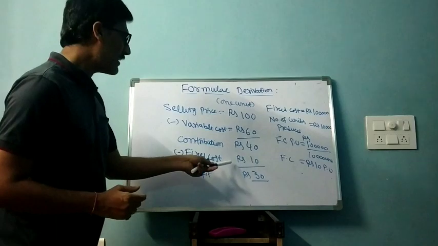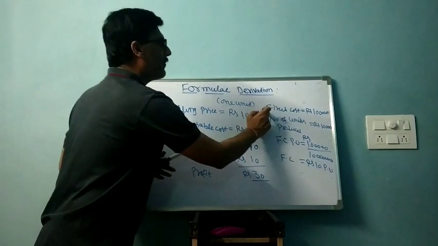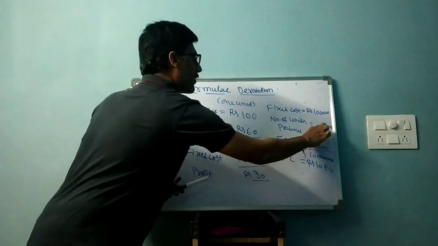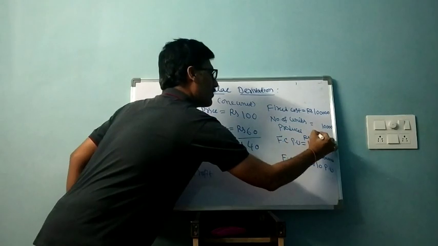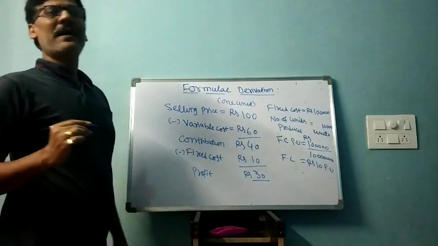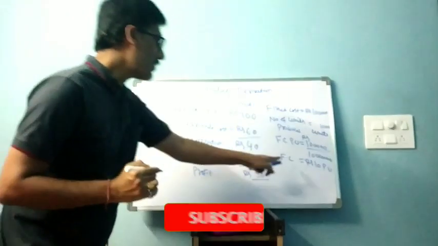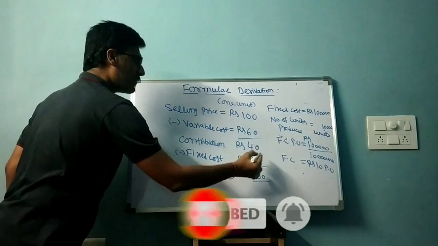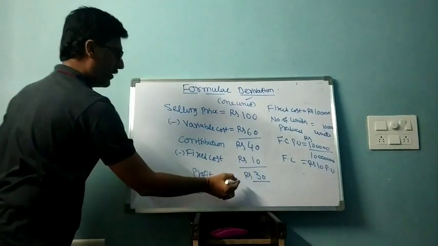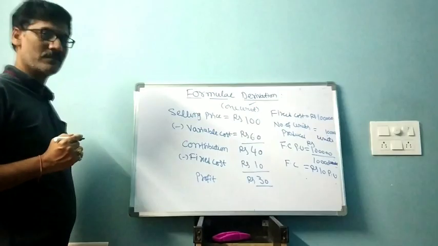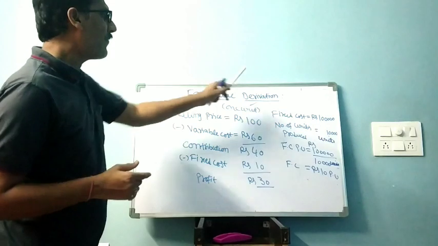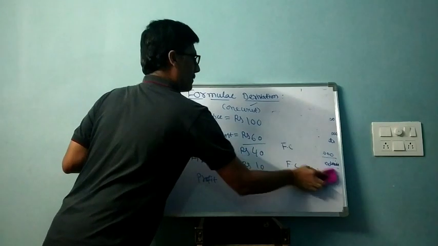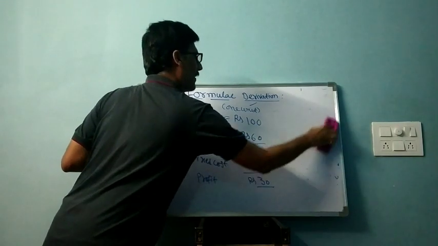Right? From that I should deduct the fixed cost. In my example, I assumed fixed cost as 1 lakh and the number of units produced as 10,000 units. Fixed cost per unit will be 1 lakh divided by 10,000 units. So fixed cost per unit will be how much? 10 rupees per unit. That fixed cost for 1 unit I have deducted from this contribution. I am getting profit. Right. Now I will write all the formulas based on the simple example. All the formulas are covered with this example only.